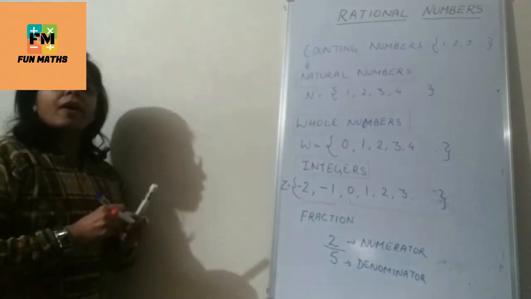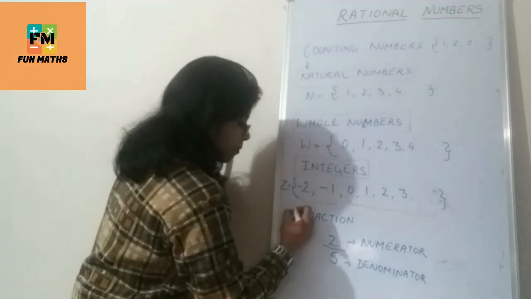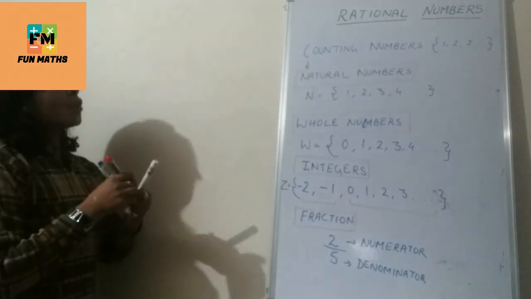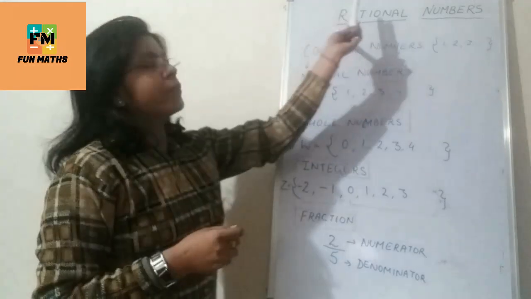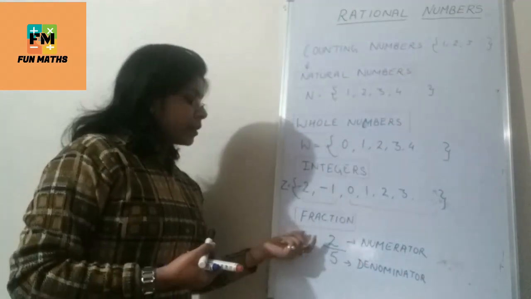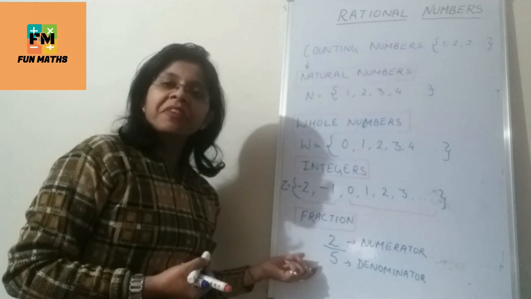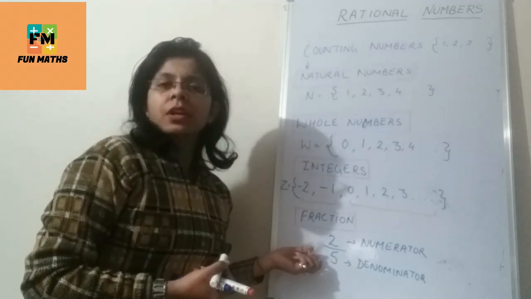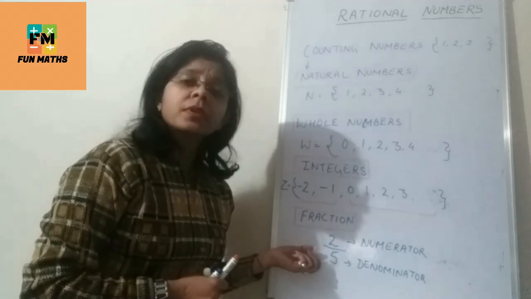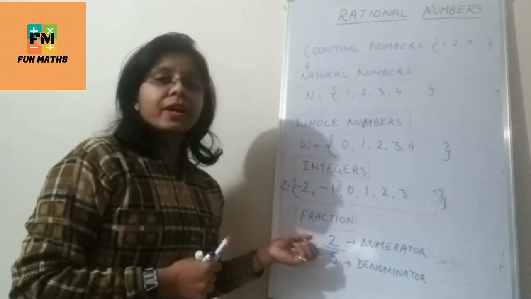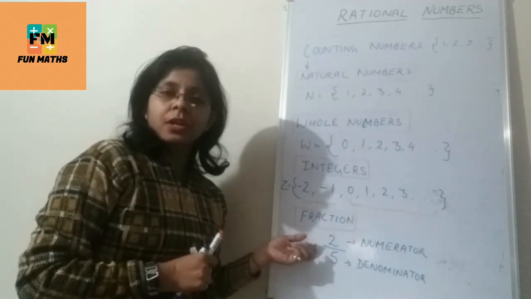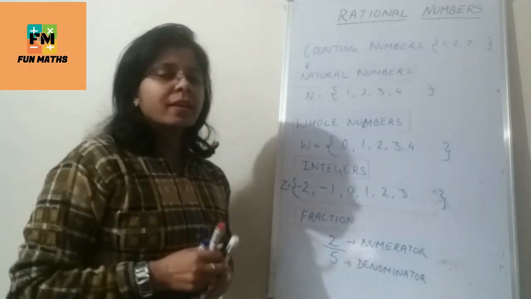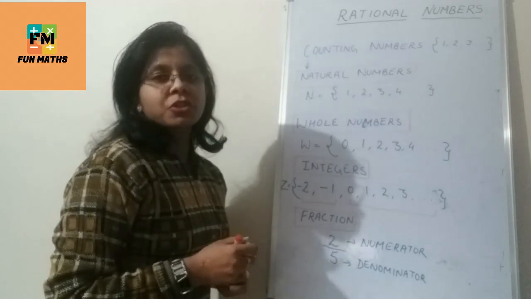Right. Now after all these kinds of numbers, let me introduce a new type which we are going to learn today, which is rational numbers. Now say, children, if I call this 2 by 5 which I wrote on the board a rational number, you might be confused. Ma'am, right now you told us this is a fraction. How can it be a rational number, right? But yes, it is a rational number. There is a very slight difference between a fraction and a rational number.